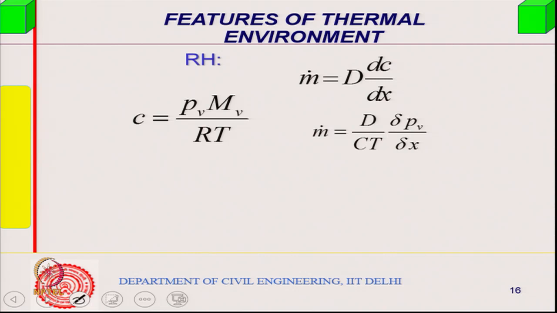Therefore, dC/dx will be dPb/dx, where C is nothing but this. So, these are all constant except the Pb, the partial differential of pressure. And C is nothing but R by mb, where R is the universal gas constant and mb is the specific gas constant for the moisture vapor. So, you can have this, and then it will be related to this.